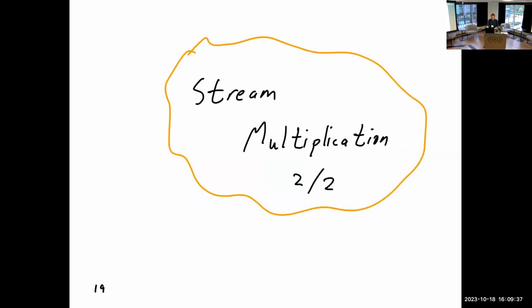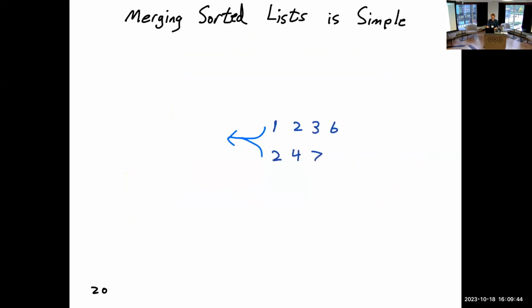And then the other key thing we do is define the stream multiplication process, which is very simple. So recall merge sort. The merge operation in merge sort takes 2 sorted lists of values and produces a single merged list as output. So you can think of this as a state machine by initializing a couple of pointers at the front of the lists, and then at each step, output the smaller value and advance the corresponding pointer. So we take a series of transitions and we end up with a sorted output list.